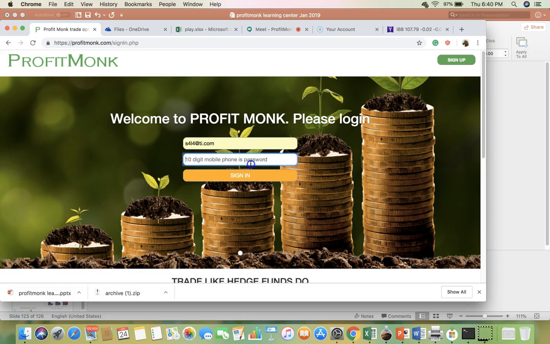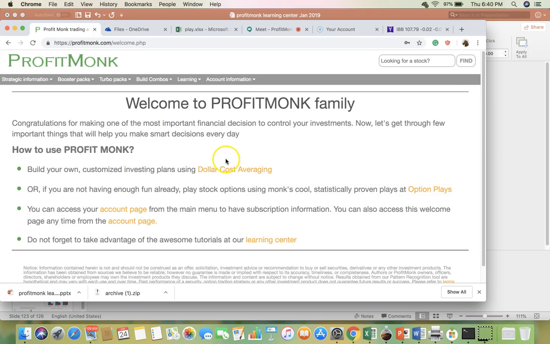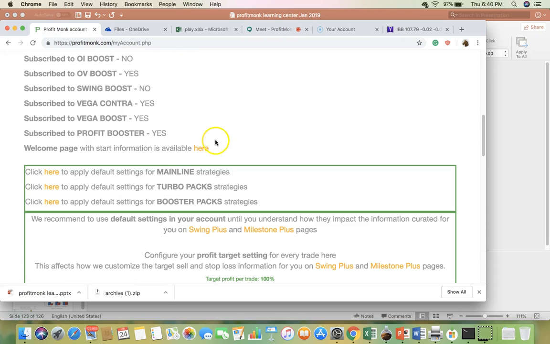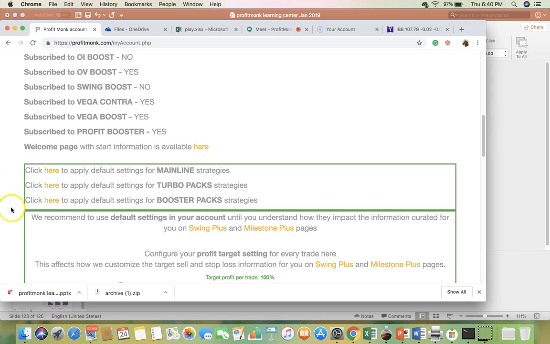Let me use my quick sign-in credentials, which are my email and my phone number. So if I go to the investment settings, you do see these three "click here" signs. If you just click them, it will apply the default setting for a particular strategy